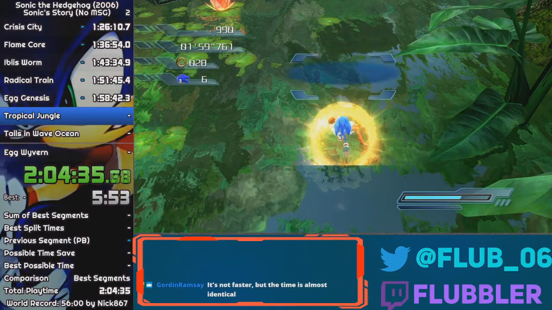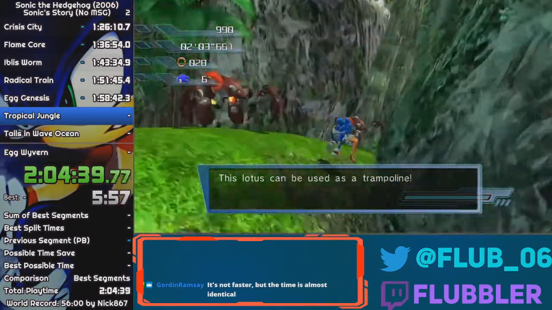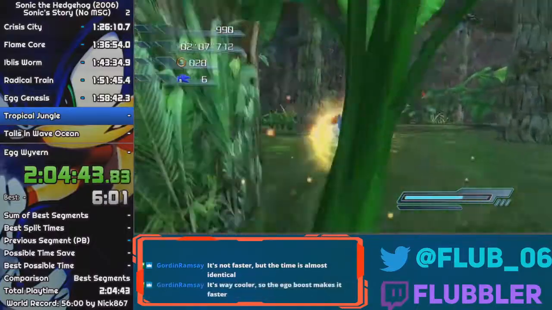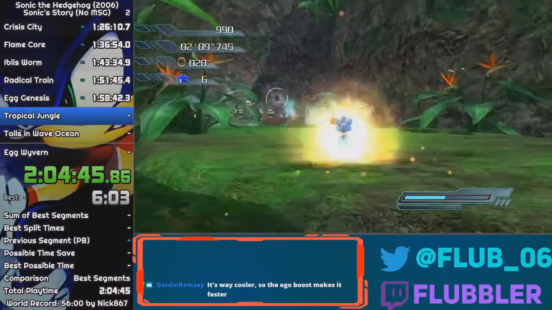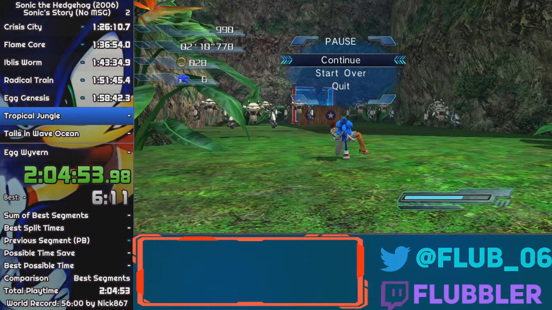But yeah, when you reach here, you can let go of A, you can let go of shield. When you go back here, you can just homing attack from here and hold shield. And if you have less than 28 rings, oh really? Okay, that's cool. But so if you have 28 or less rings, you can avoid the bot